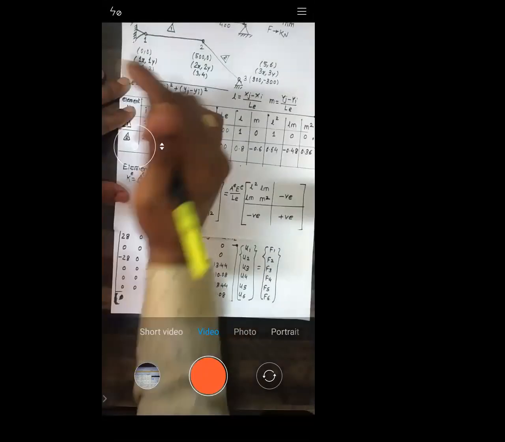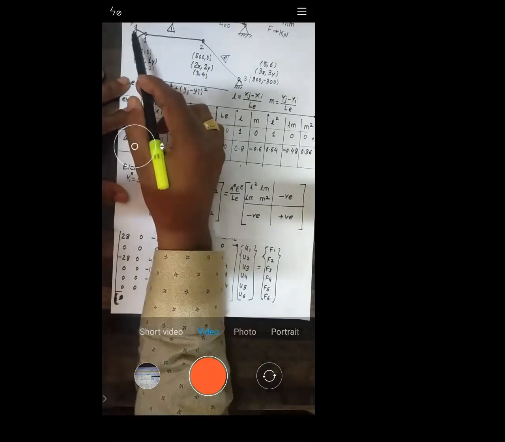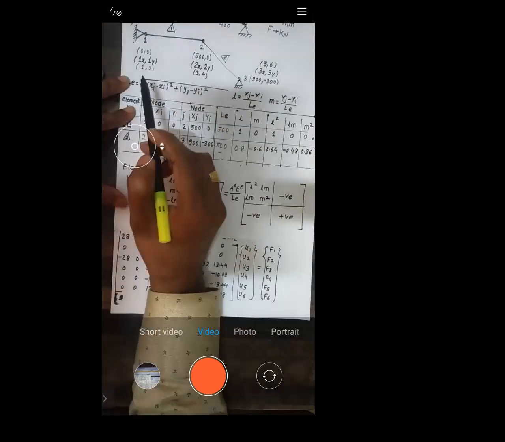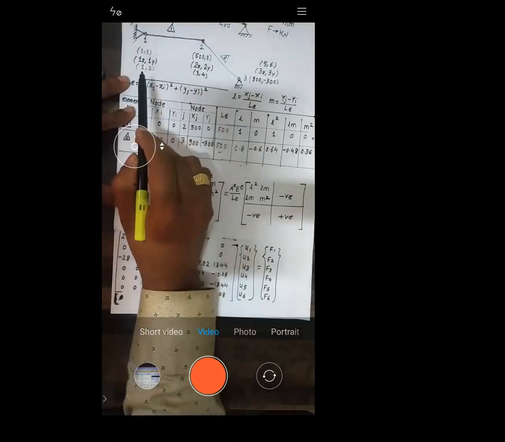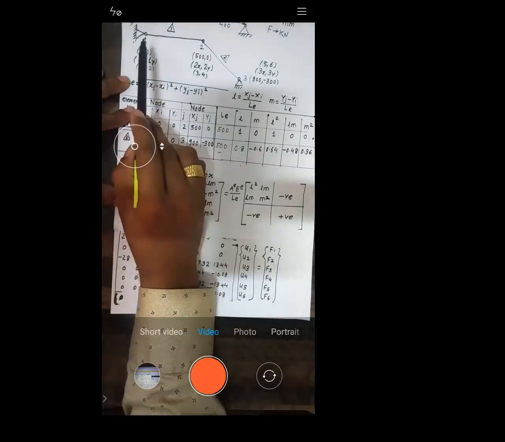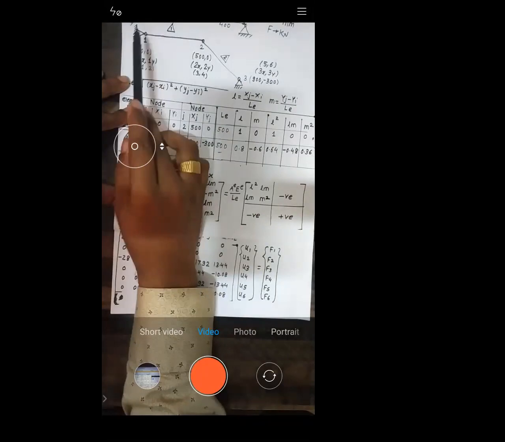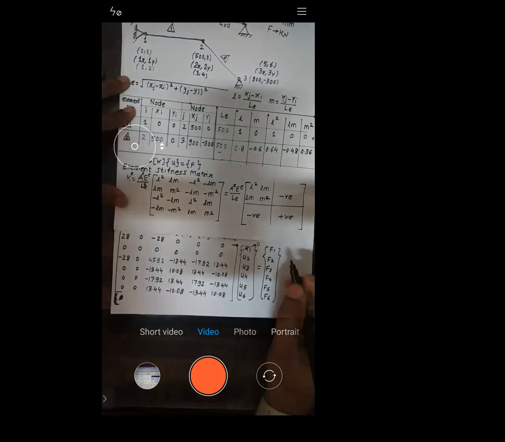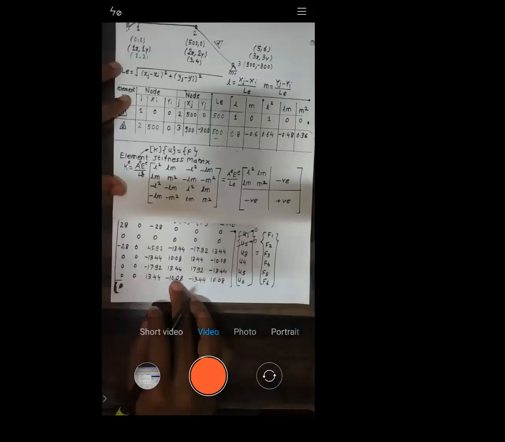See, if you see this, node 1 is fixed. And for node 1, which are the degrees of freedom? 1 and 2. So node 1 cannot move in any direction. That means 1 and 2 are 0. Whatever is with respect to node 1, it is 0. So node 1 cannot move in X, so U1 is 0. Similarly, node 1 cannot move in Y, so U2 is 0. Is it okay with this one?